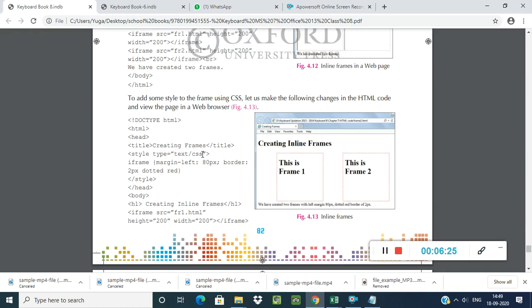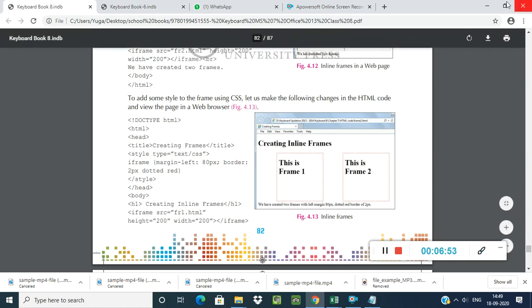If you want to format your frame or the text, you can put CSS here. In the style tag you put the CSS. For iframe, I am giving the left margin as 80 pixels, then a border of 2 pixel dotted red.